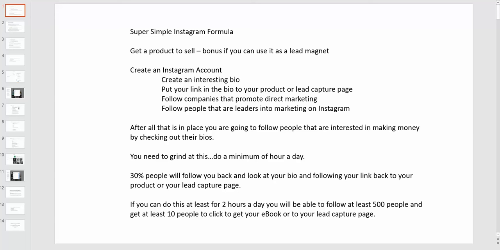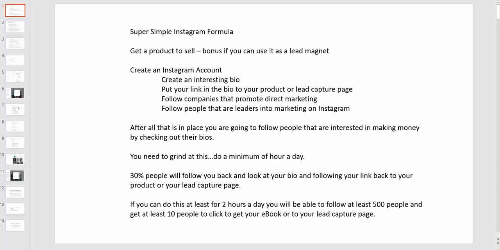Then you need to create an Instagram account. Now, I created a brand spanking new one because I really wanted to give it the theme of trying to help people, motivational, around my business model. I wanted it to reflect that, and the other Instagram that I had did not do that. So I actually just closed that one down because it was pretty random and willy-nilly anyway. So I just went and closed it down, okay?